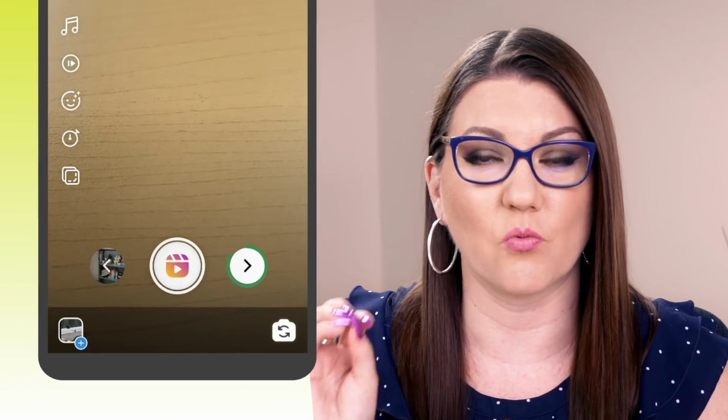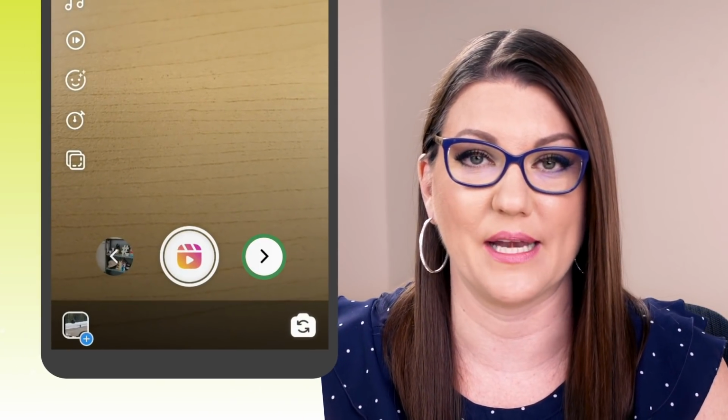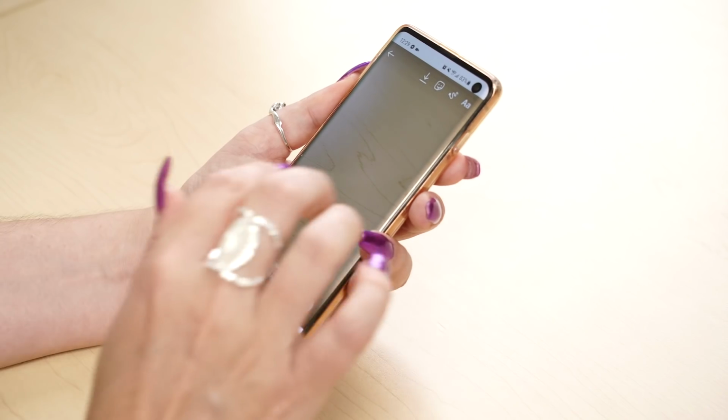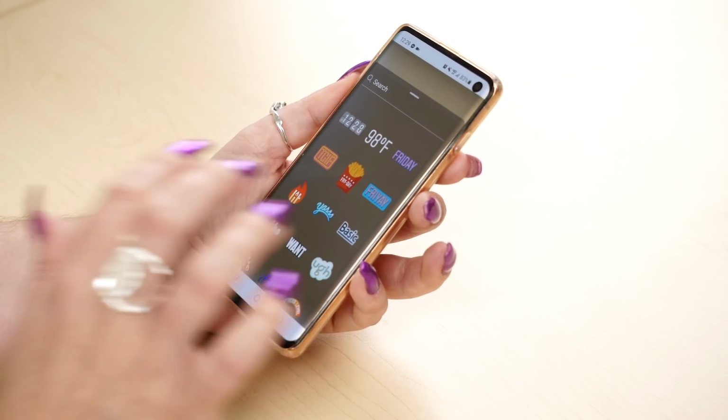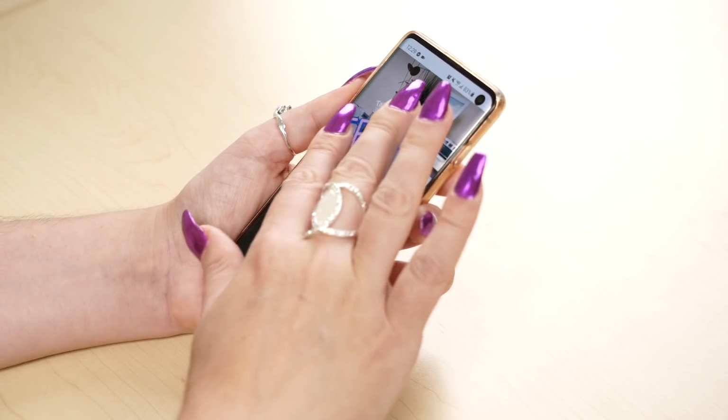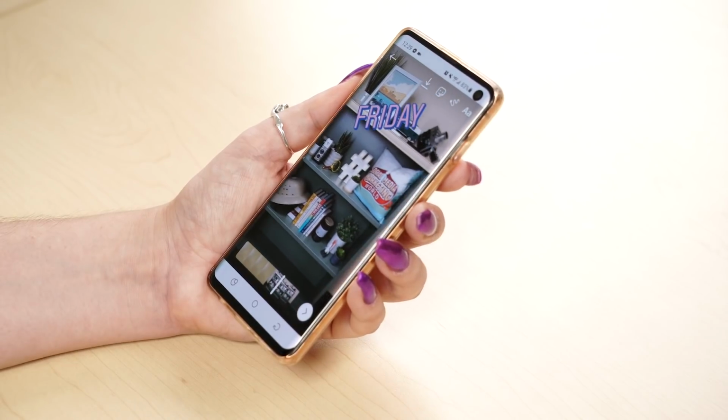Now that you're happy with your final creation of all of these clips, it's time to move on to the final stage of editing. Tap on the right-facing arrow next to the shutter button and you'll get to the editing screen. Here's where you can add those overlays, the text, doodles, and stickers. Doodles and stickers work just like they do on stories. You can paste them anywhere on the video and they will stay on the entire video sequence. Text, however, can come in or leave as you please.